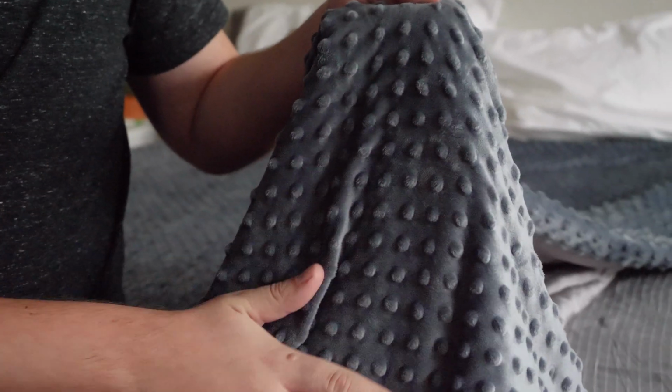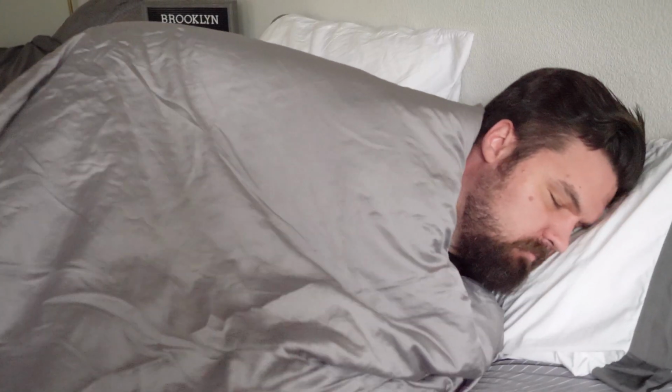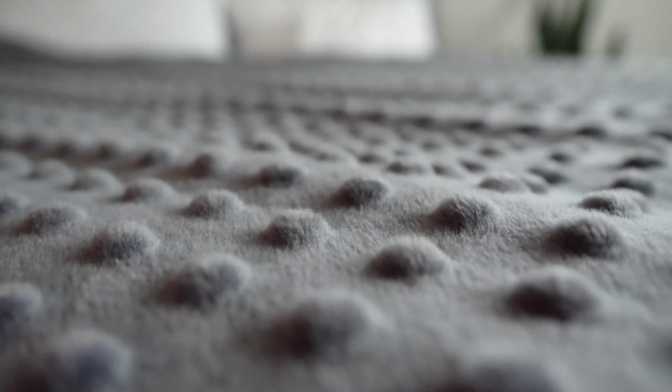Now, I do want to talk about the cover, and that really makes this weighted blanket stand out. First off, with the cozy side, I love lying underneath this weighted blanket with the cozy side against my skin. It feels really, really nice. It's a little bit fuzzy. The bumps are also kind of creating a massaging effect, so I just feel really, really great under